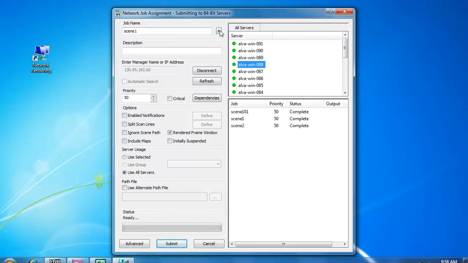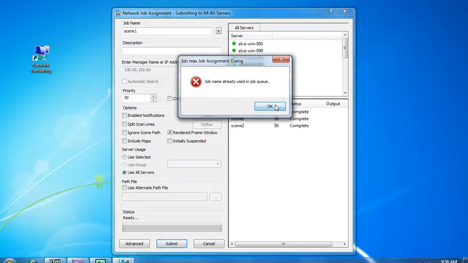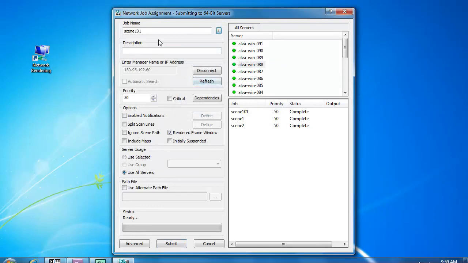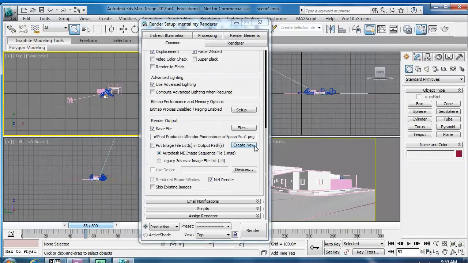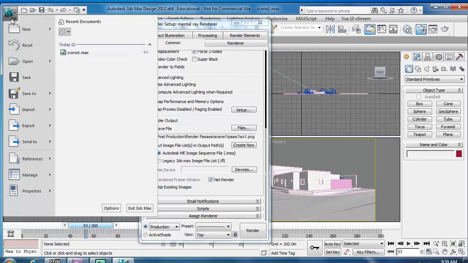So scene 1 here, this little plus button, if you've already sent off a scene 1, which I have, if you try to submit it, it won't be able to because the job name already exists. If you hit the plus button, it will give you a new file name, which also happens to have already been done. So I've now changed it to scene 1 pass 2, and we'll submit. Okay, so that's now sent the file off to the render farm, and you can then go and start to edit and open